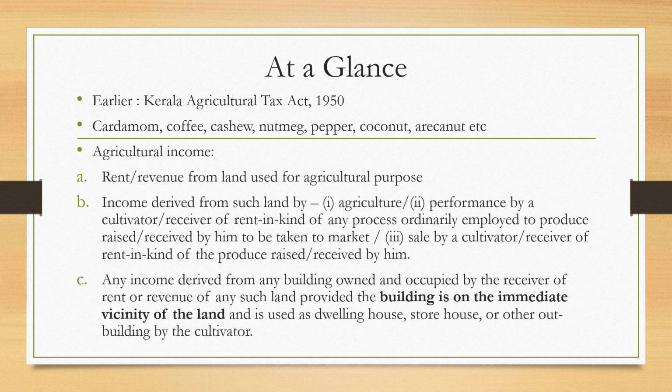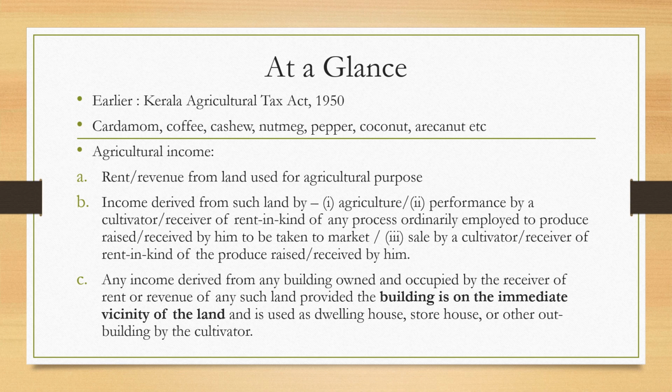So if you are getting income from cash crops and you are holding agricultural land of above 5 hectares, then you become liable for tax under the Kerala agricultural income tax. But paddy crops and people with small holdings less than 5 hectares are exempted from agricultural income